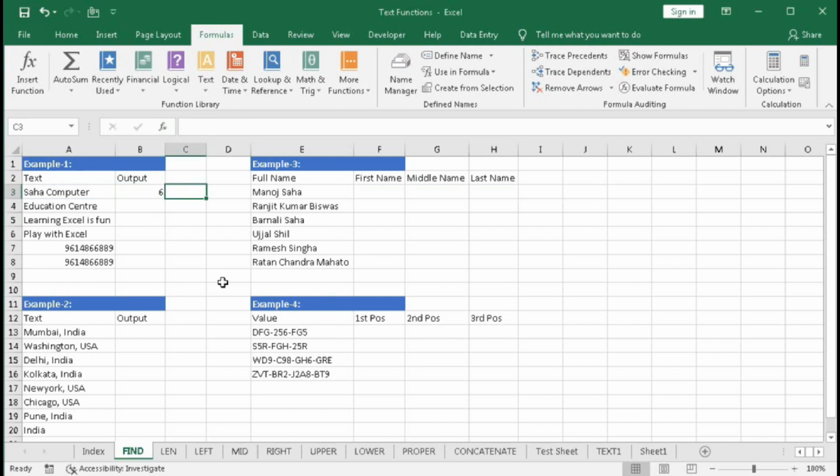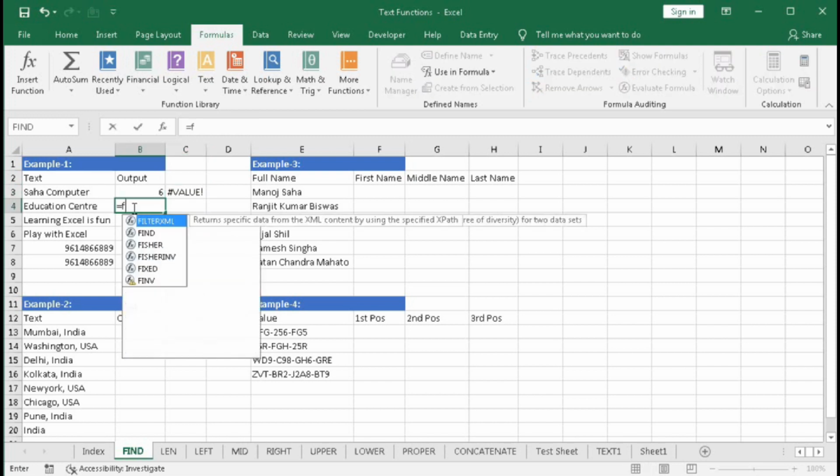But here if I type equal to FIND, text is capital C, comma, within text this cell, comma, start number 7. That means it will read after the 6th position, from the 7th position, bracket close and enter. It is giving an error value because from the 7th position there is no capital C.